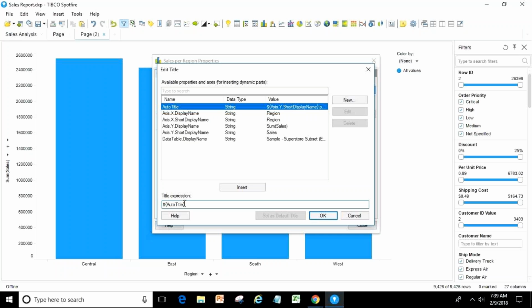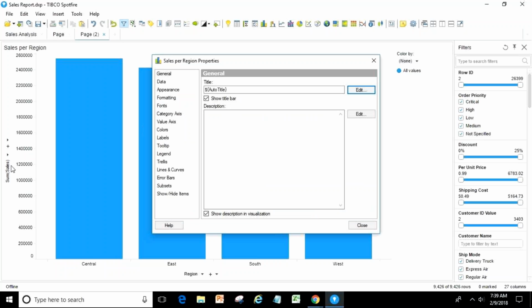If you are using auto title, then the aggregation will not come. So it is not showing you sum of sales per region. It is showing you sales per region. It is not showing the aggregation you have used, isn't it?